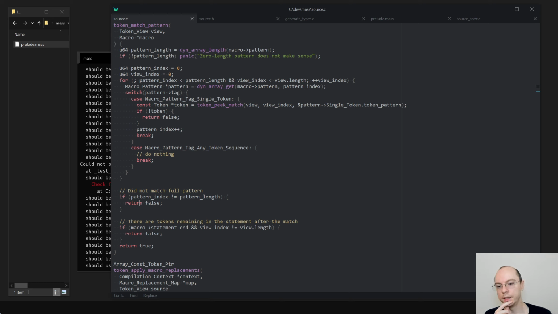Yeah, this condition is actually not correct, because the last one is any.